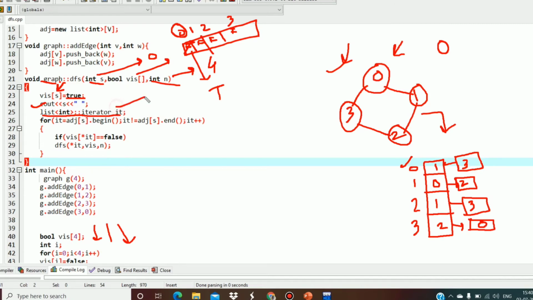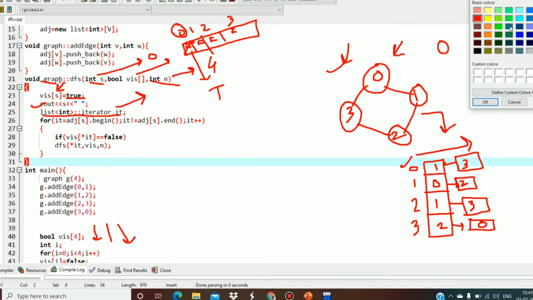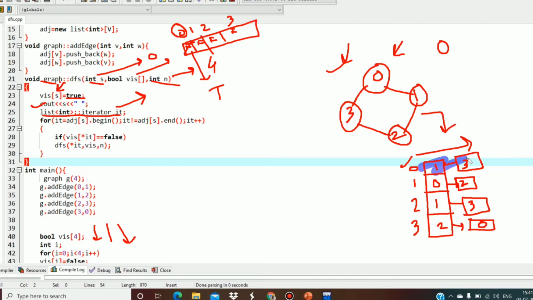So this iterator will start traversing this section, adjs.begin and adjs.end. In an iterator, begin and end functions basically mark the starting and the ending position of a list or a vector.